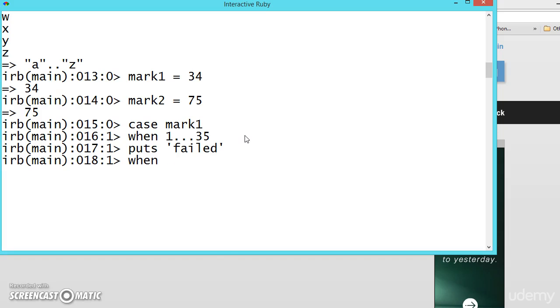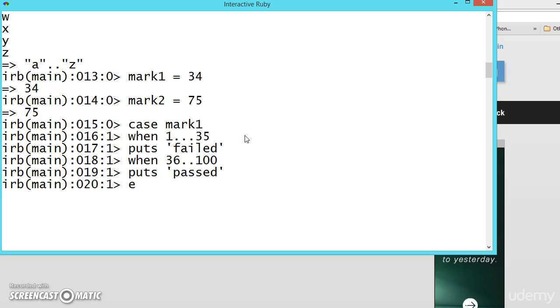When 35 to 100, puts passed. Like this we can write any number of when and then end the case. See here, failed is the answer because it is 34.